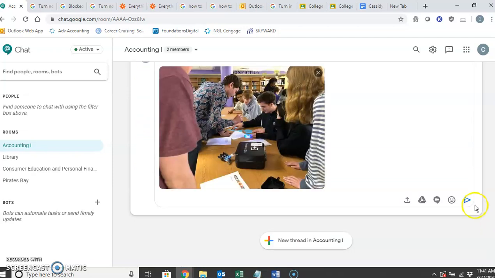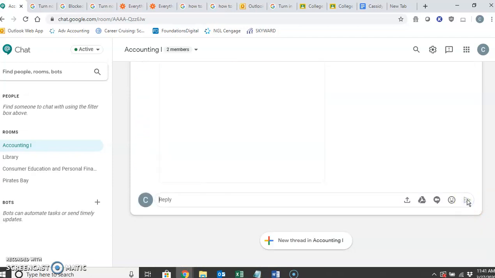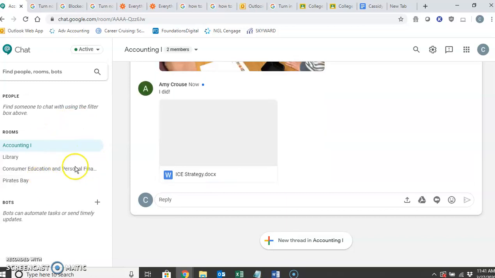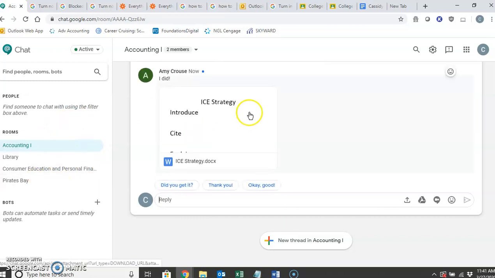And then send that. Okay, so she should have gotten that picture, and I'm waiting for her to send me some kind of a Google Doc. While we're waiting, I think that this is probably the best way to do. Oh, there's the Google Doc. So she sent me that, and I can send her back and say,